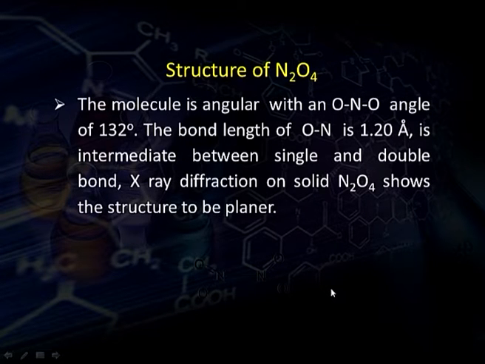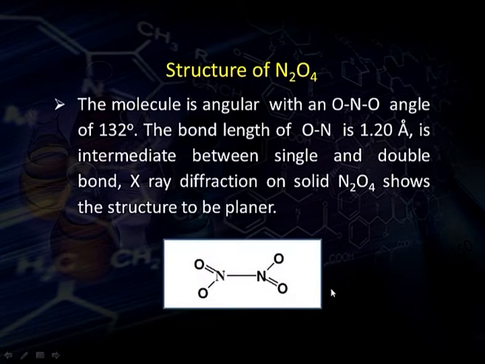Coming on to the structure of N2O4. The molecule of N2O4 is angular in shape with the ONO bond angle, that is, oxygen, nitrogen, oxygen. The ONO bond angle is 132 degrees, and the bond length of the oxygen-nitrogen bond is 1.20 angstrom, and the bond length of all the 4 ON bonds is equal, which is equal to 1.20,